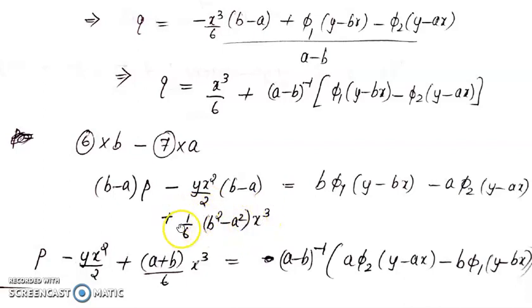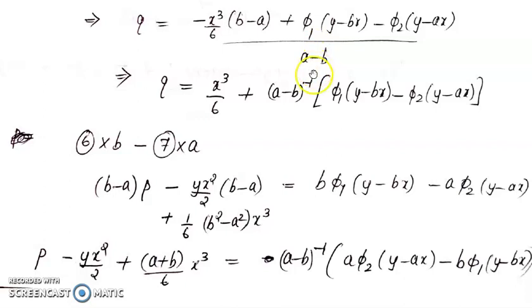This is on the left side. So that will be equal to b 5 of y minus bx minus a 5 of y minus ax. So divide by b minus a throughout. So you will get p minus yx square by 2, plus b plus a by 6 x cube വരും equal to, and now in the other term